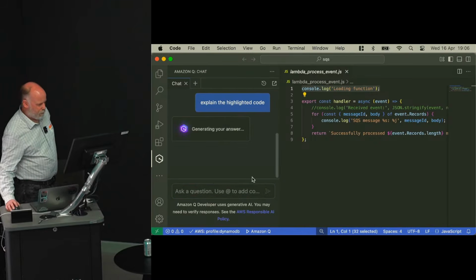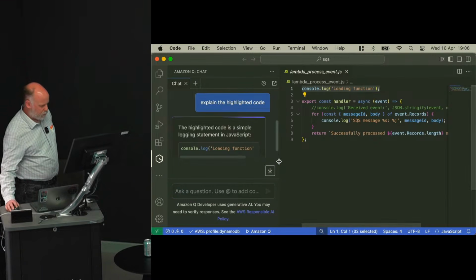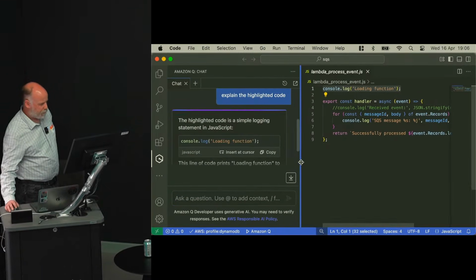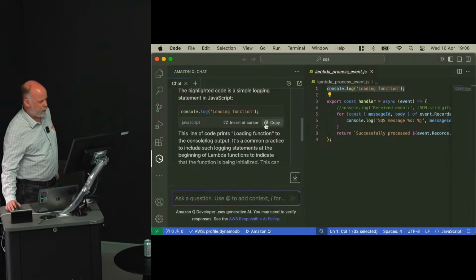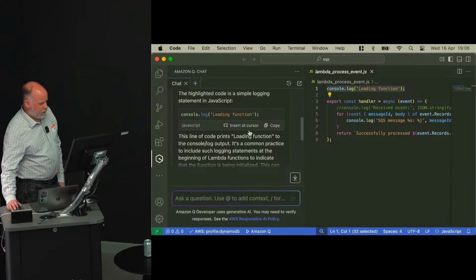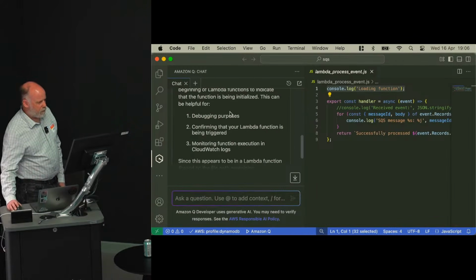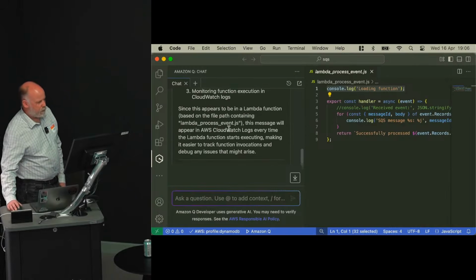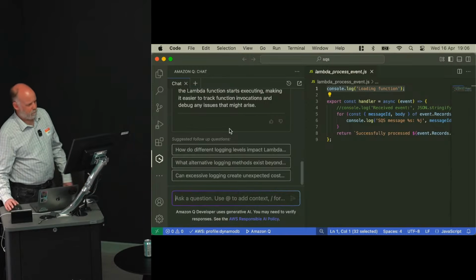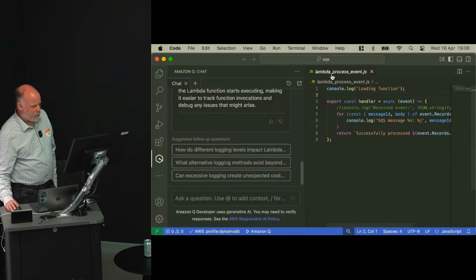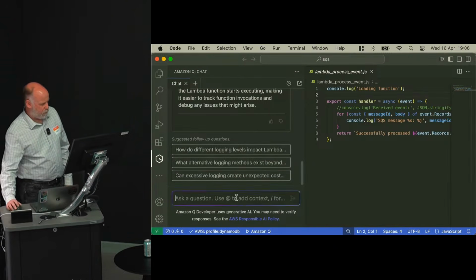And then if the network's gods are with me, it's going to tell me what that code does. I think everybody here could have worked out what that code does, but you see, it's describing something. This can be helpful for. All right, that was interesting. Except, I really don't get this JavaScript stuff. So